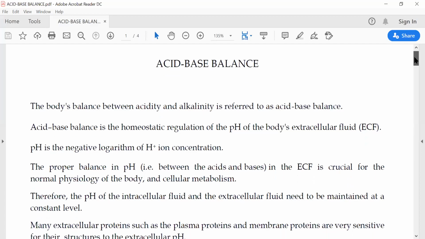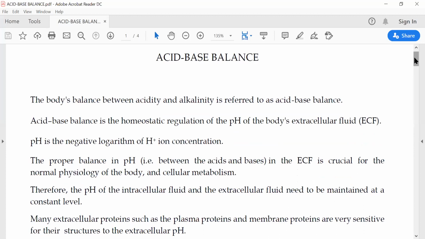In today's class, we're going to discuss acid-base balance. Before that, we have to learn the definitions of acid, base, and pH. What is acid? Acid is the hydrogen ion donor, base is the hydrogen ion acceptor, and pH is the negative logarithm of hydrogen ion concentration, which means depending upon the concentration of hydrogen ion, we can determine what the